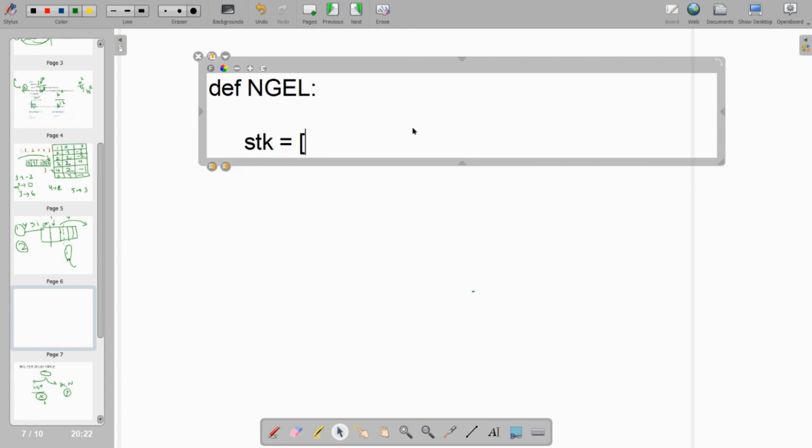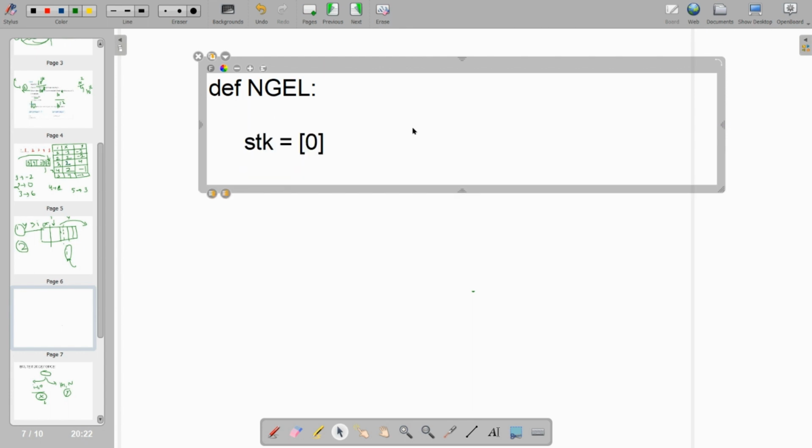I create one stack in which I initially put 0, because for the first element there is no element on the left side. So I put indexes. Remember, put indexes in the stack, because we have to return the indexes, not the values. But at checking time, when you are popping from the stack, you check the values. The result array is n elements of -1.